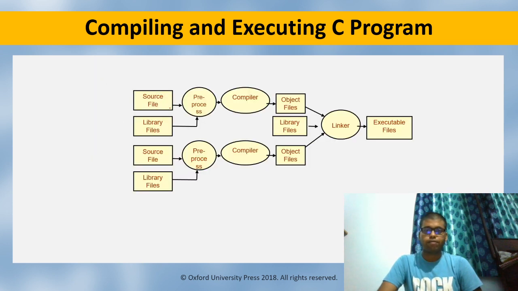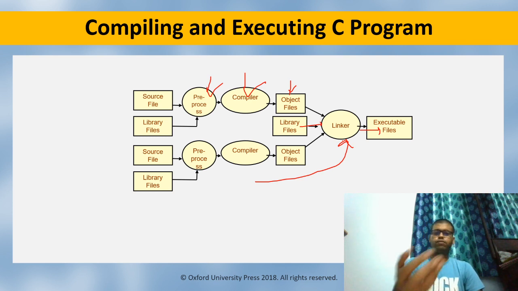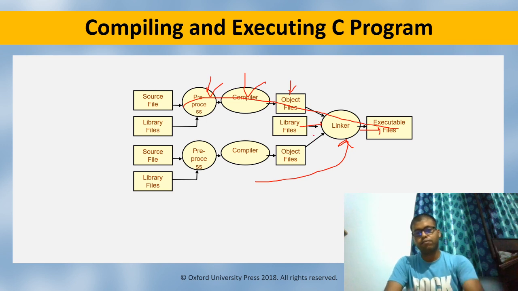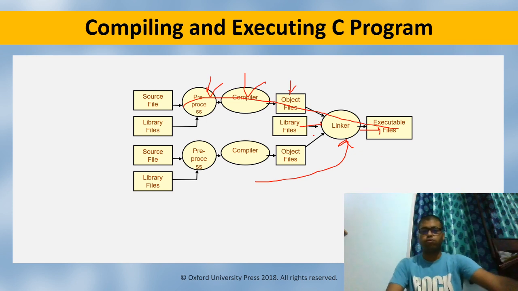Now this is the graphical representation of the steps of C programming. The source file and library files go to the preprocessor, then to the compiler, which generates the object file, and the linker also links some library files. As I discussed in the previous videos, part of the job of the linker is to link different source files also. So another object file goes to the linker and then comes to the executable file. For simpler programming, only the above one set of steps will be done, but for any complex programming, there are multiple object files. The linker goes to